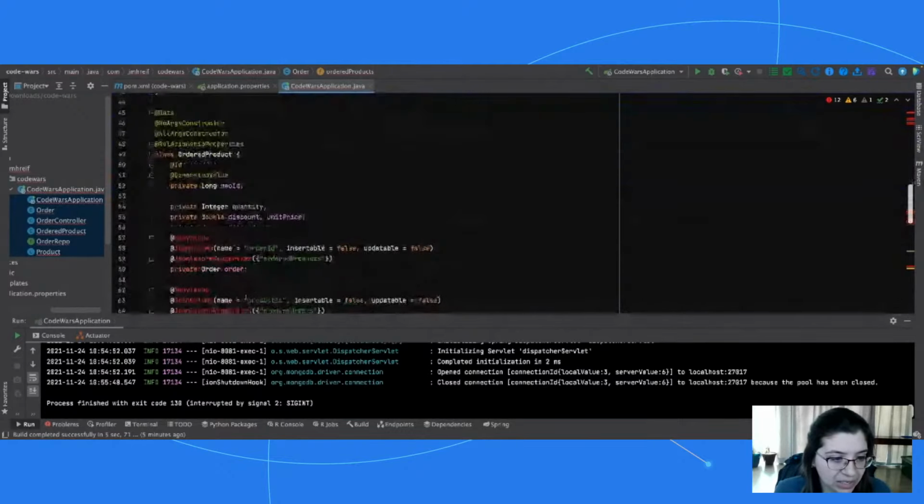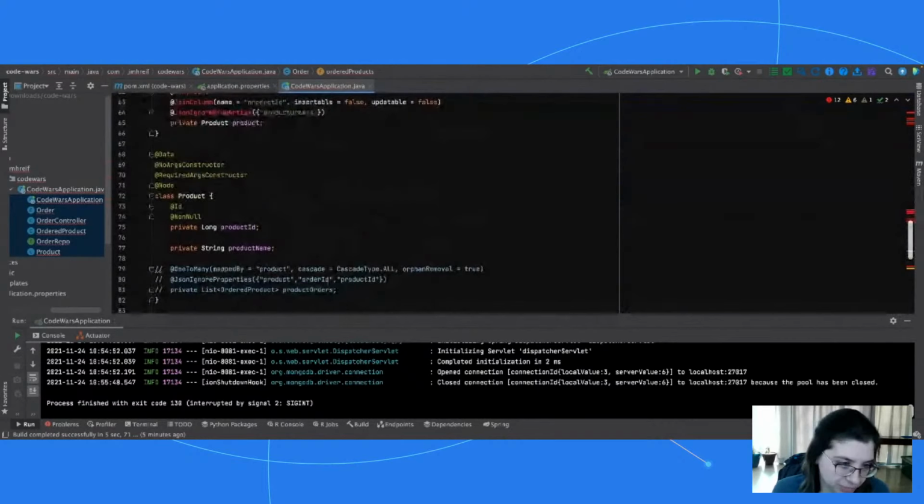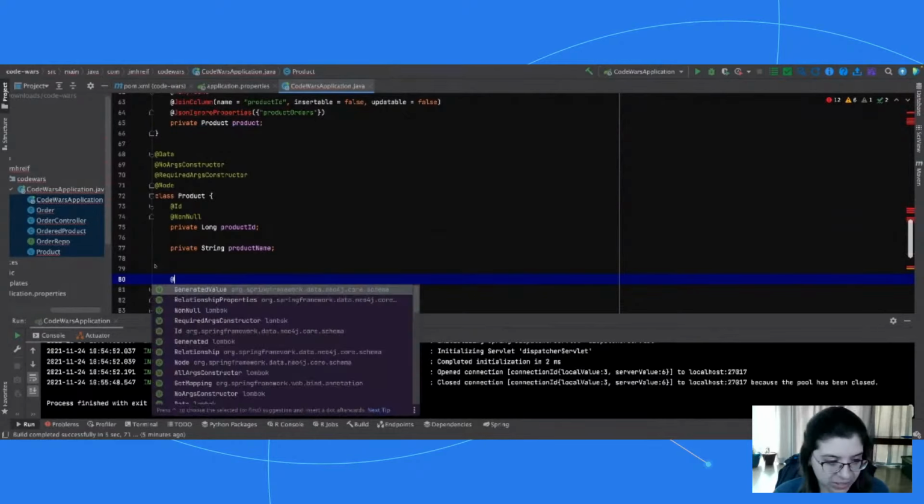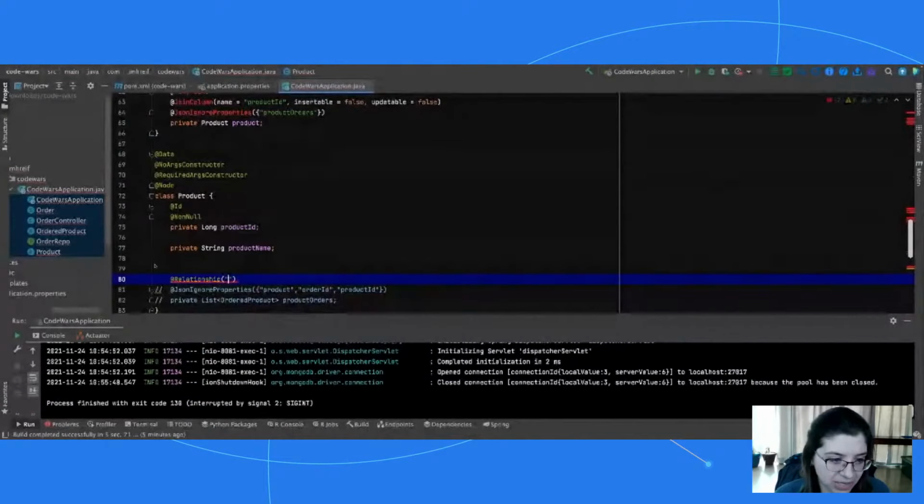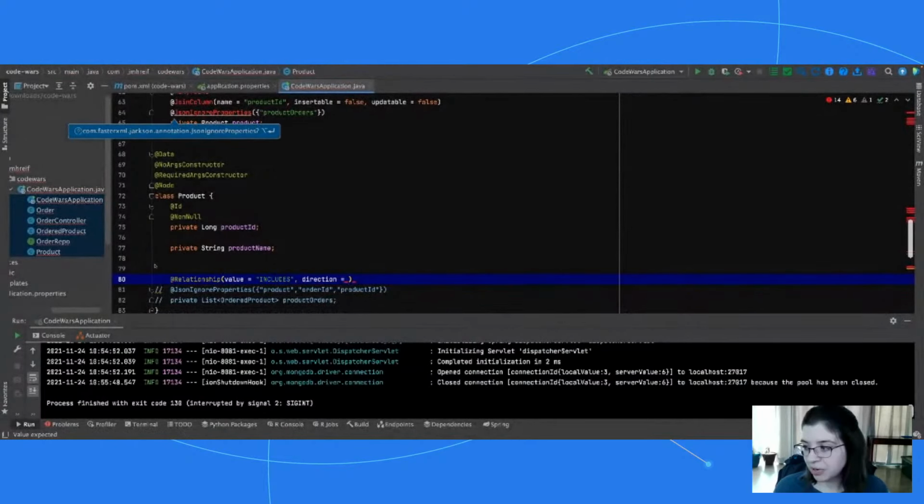Okay, and then let's do the product side. That way we keep it consistent here. So we don't need our @OneToMany here. But we can do our @Relationship, and we're going to do INCLUDES, and then the direction now coming from product, because order includes a product, so it goes order to product. When we're coming from the opposite side, then the direction needs to be incoming.